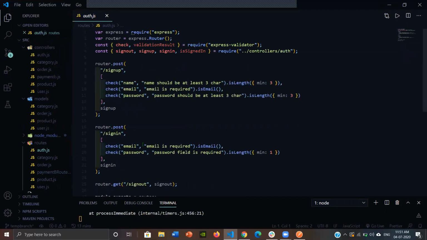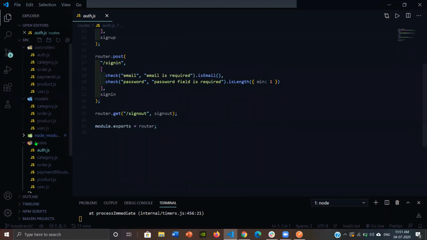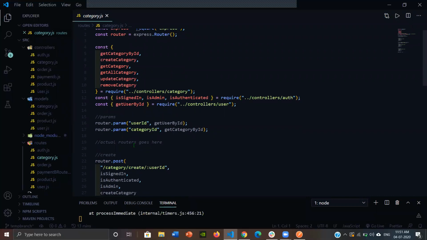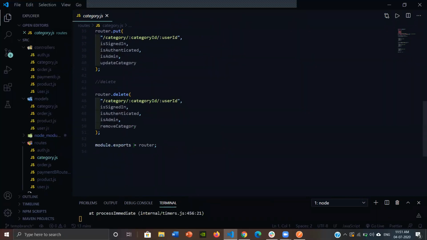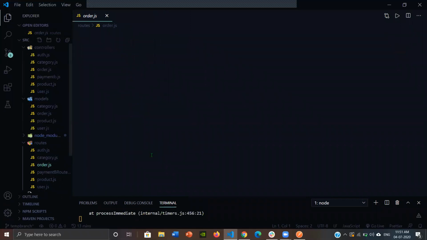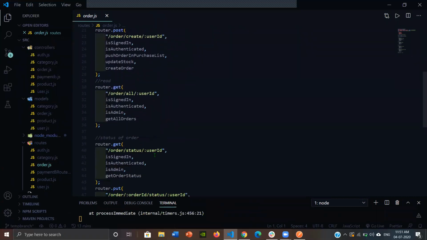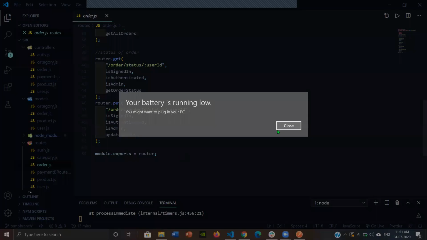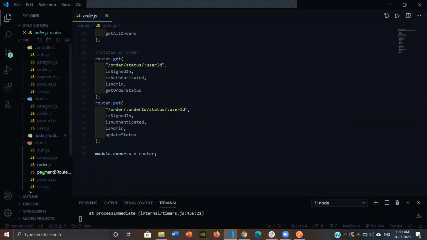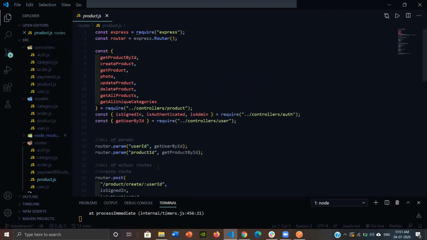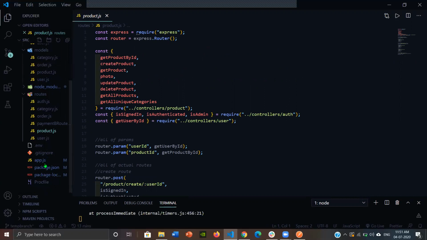The routes we have created for authorization, and the routes for the category. The order and payment parts are half completed, so we are sorry we are unable to show these properly. At last, let me show you the package.json file so we can tell you which modules we have used.